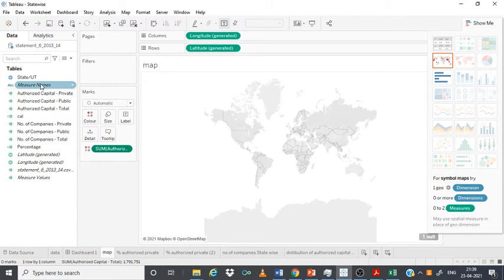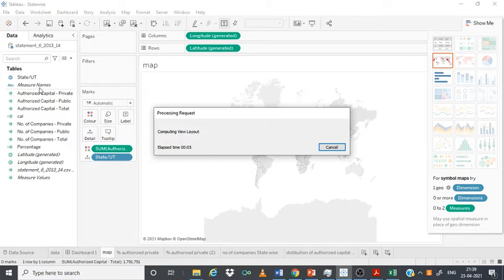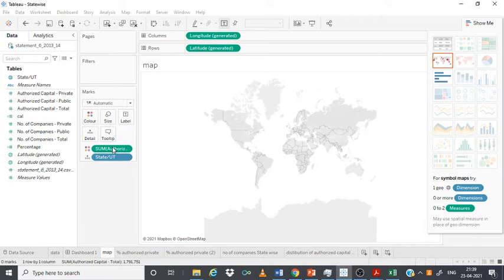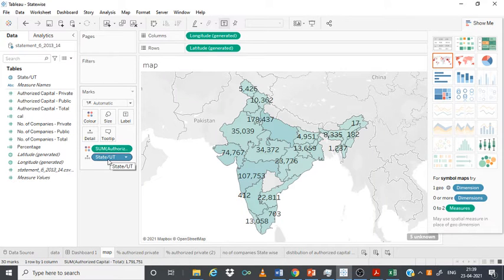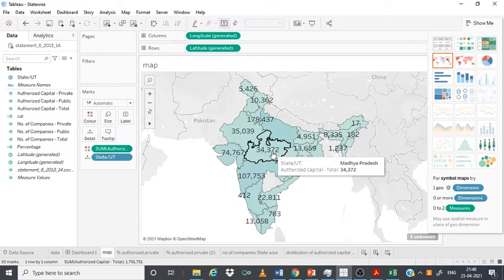Like for instance, here I can drag and drop whatever value is required. When I've chosen this map, this particular figure appears. From these values, I'm choosing these measures, where one axis will consist of the number of authorized capital, and this will consist of the state-wise distribution. It can be either this way, or if I choose to have it the other way around, I have to drag. Now this is selected. So as per the number of authorized capital in each state, I'm able to see these numbers here. You can read the name of the state and the authorized capital given here.